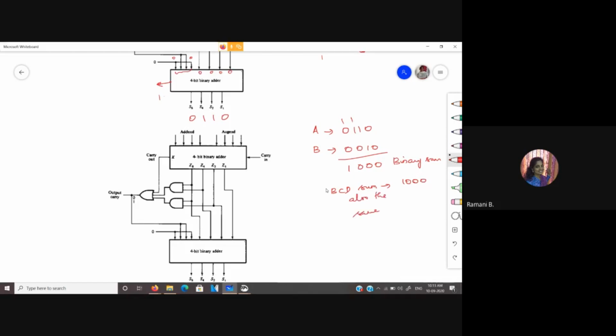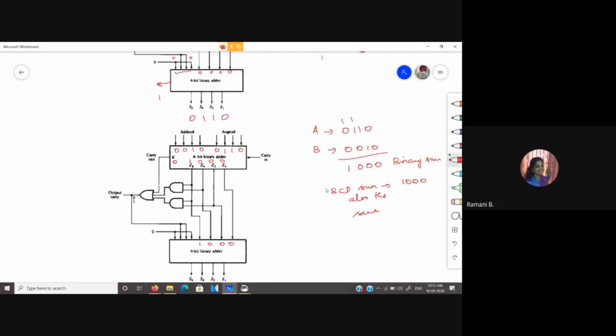So here you are going to have addend 0, 0, 1, 0, augend 0, 1, 1, 0. So adding this, I have this to be 1, 0, 0, 0 and K is equal to 0. So if you check, here I am going to get 1, 0, 0, 0 as such. And here you have the input to this OR gate.